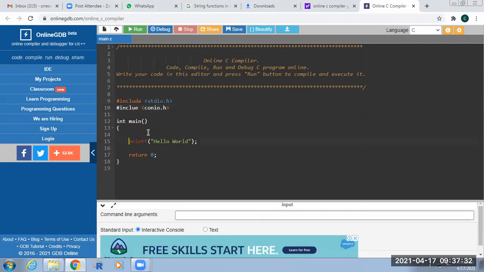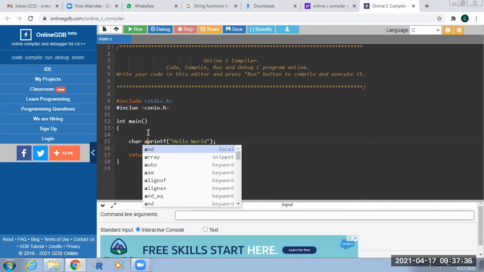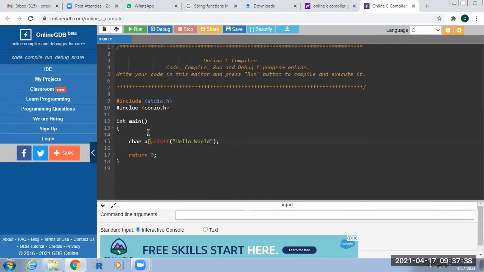I am taking one string, that is, one character array whose size is 6. I already represent the value, and I am writing the value here as hello.